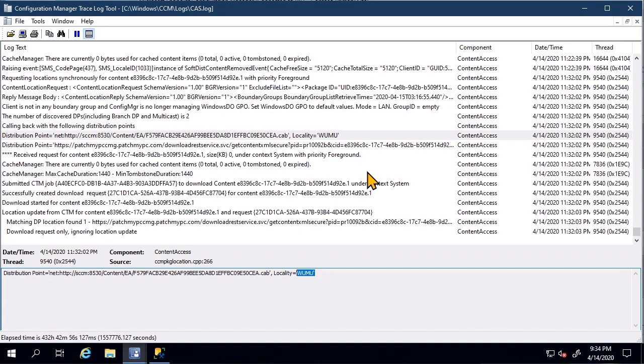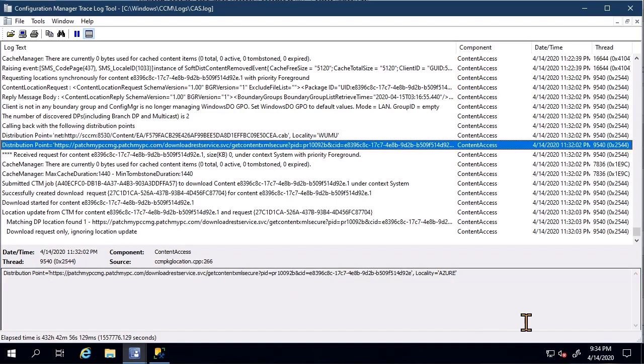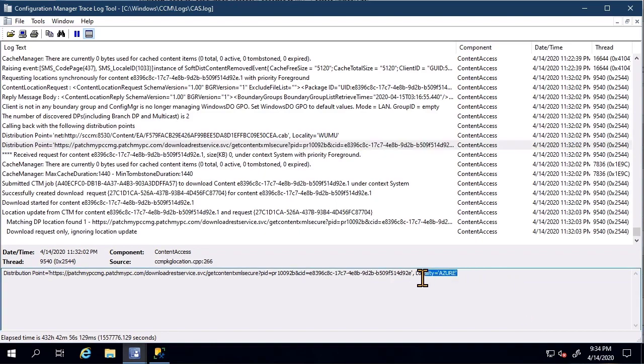That's where we can see the locality there, WUMU, which makes sense, right? Because that's going to be what an internet client would do. It would try to get its content directly from Microsoft Updates, right? Because it wouldn't make sense to go back on-prem, and it wouldn't make sense to download from CMG because it's already freely available. So what we think is actually happening here, and we've let the product group know,